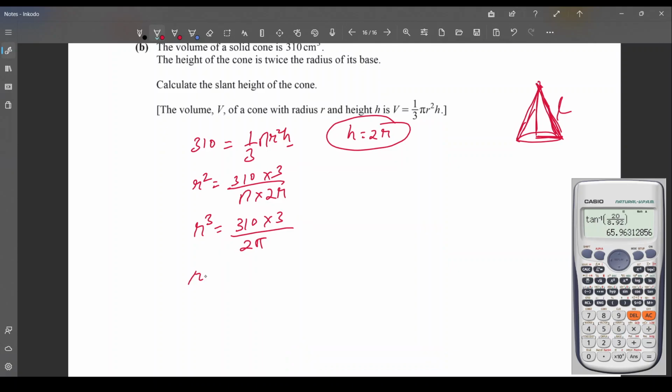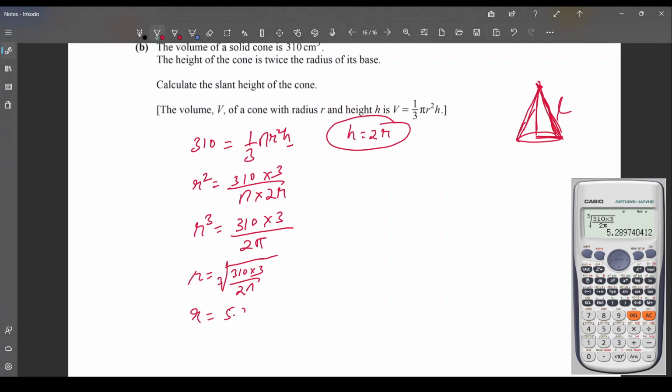So r is the cube root of 310 times 3 divided by 2 into pi. Using our calculator we can do that. Cube root of 310 times 3, and over the bottom we write 2 into pi. We will get the answer,